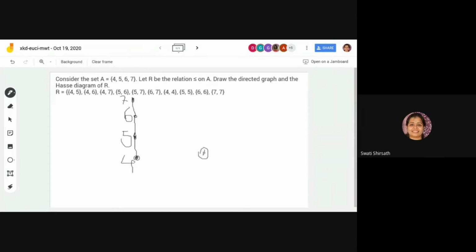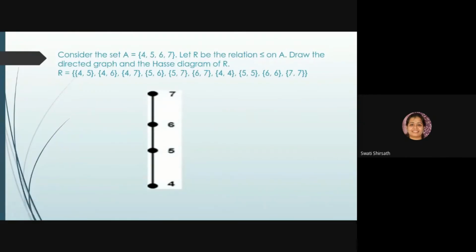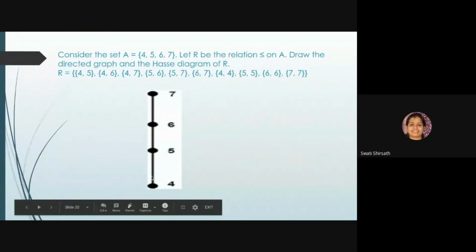If we draw the full graph of this, it will become very big. 5 to 6 is there. See, then 4 to 6 is there. Then 7 we can have, 5 to 7 is there. 5 to 6 is also there. 4 to 7 is also there. Am I right? See, such a big graph, we have just replaced by a single line. Yes, and also the self loops. So this was the actual, I mean, proper diagram.